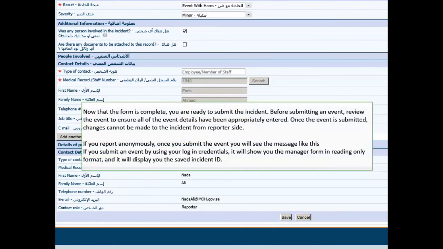Now that the form is complete, you are ready to submit the incident. Before submitting an event, review the event to ensure all of the event details have been appropriately entered. Once the event is submitted, changes cannot be made to the incident from the reporter side. If you report anonymously, once you submit